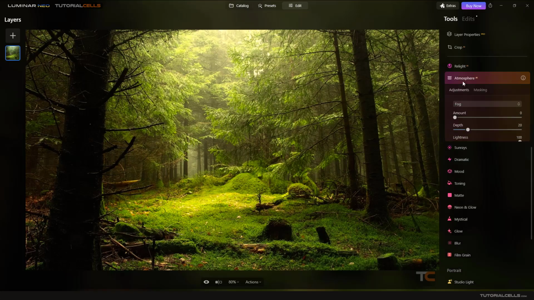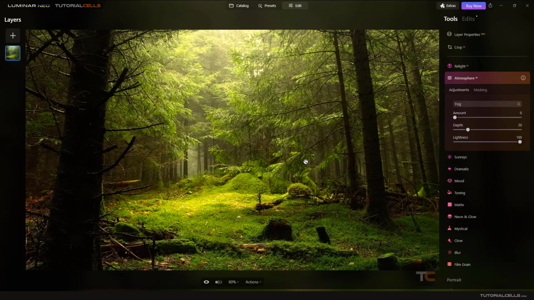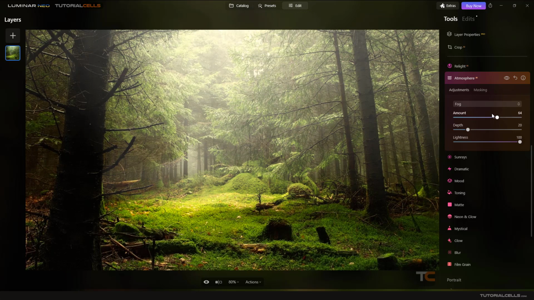Atmosphere AI. With this tool, you can add fog, haze, anything that you want on your scene. First, as you can see, we have fog, layered fog, mist, and haze. To see the difference between them, first increase the amount. Boom. And as you can see, we have our